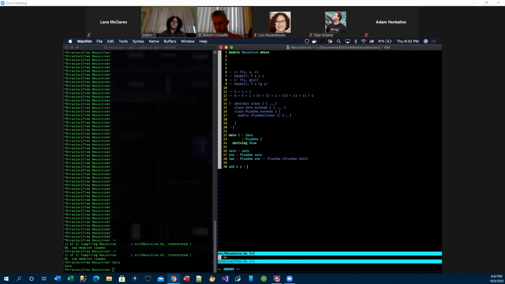So what we can do in Haskell is actually pattern match, it's called, on the arguments. So when we define a function like this, we can take one of our arguments, say,